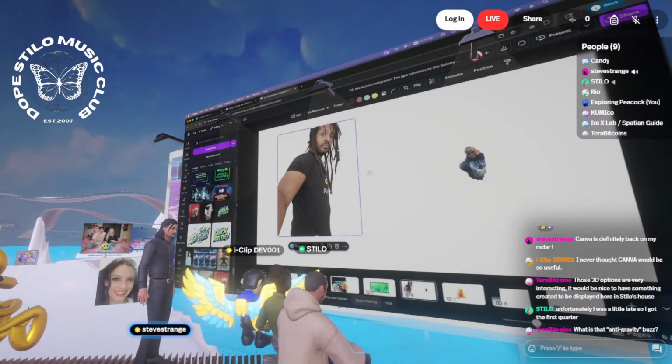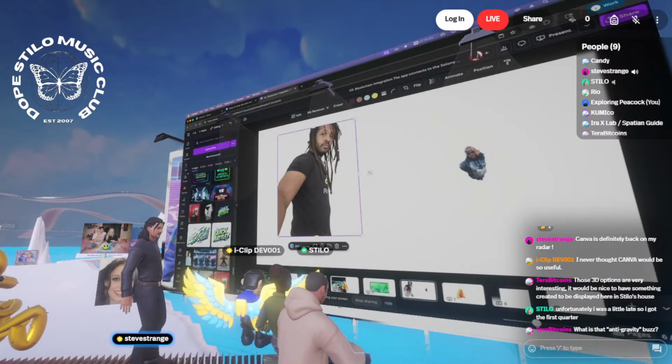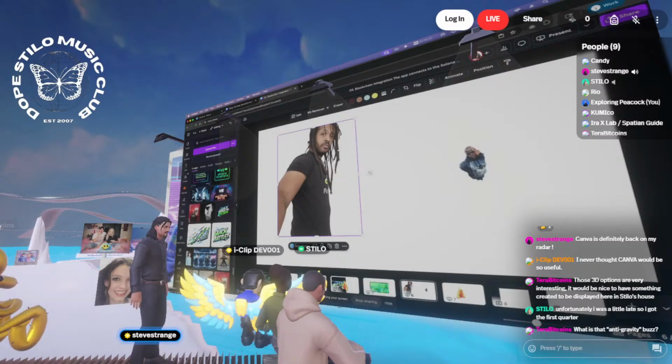I agree. I think going over, I mean, if there are any more questions or concerns about Canva, because this has been awesome, Candy. Thank you. It's definitely back on my radar. I like how